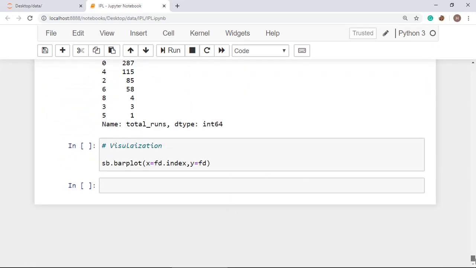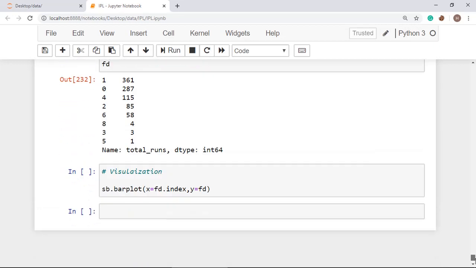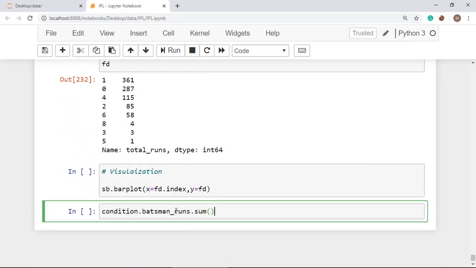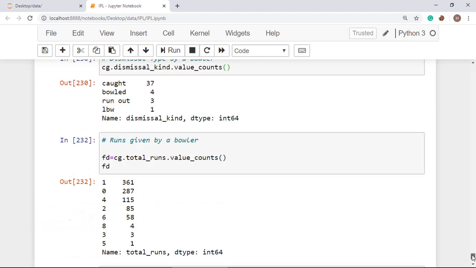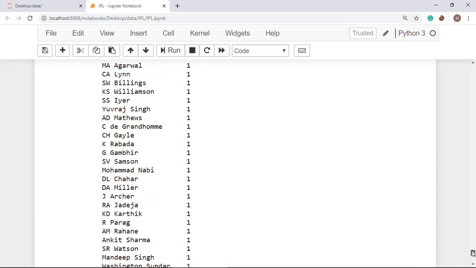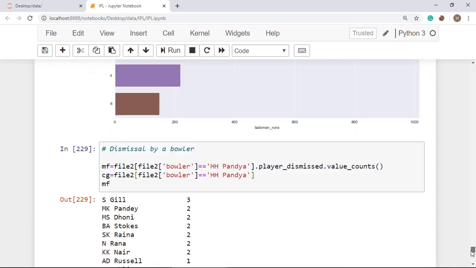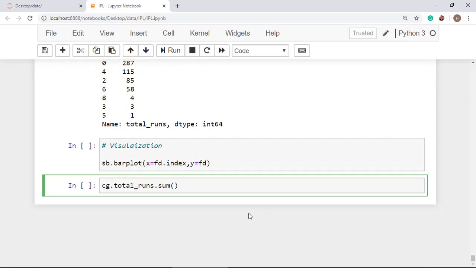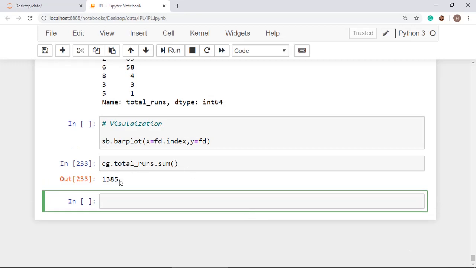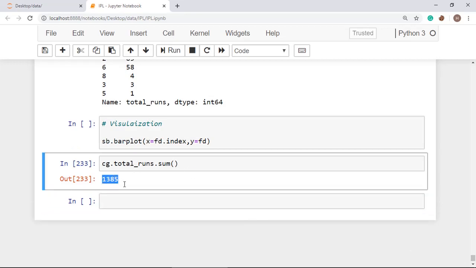Here you just have to take a row, and in place of the condition you put total runs, so that you get the total runs, and here you have to pass CZ, as CZ is the dataset where Hardik Pandya is the bowler, and you can see a total of 100,385 runs have been given by Hardik Pandya.